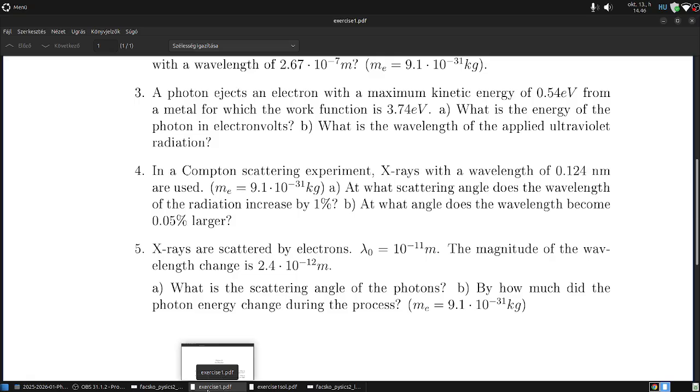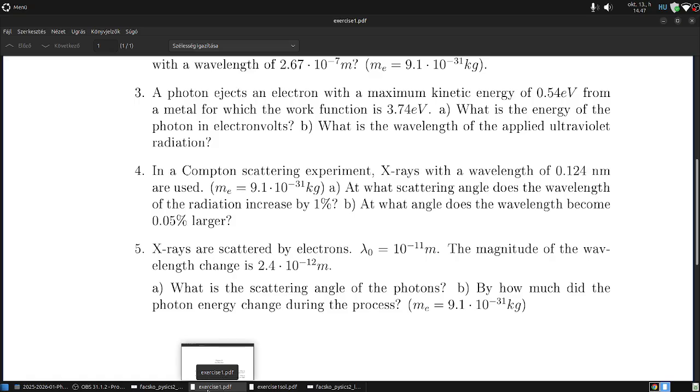And the B, I don't know, that's delta. That angle, this is the 0.05% more, and this is the 1% more. Okay,